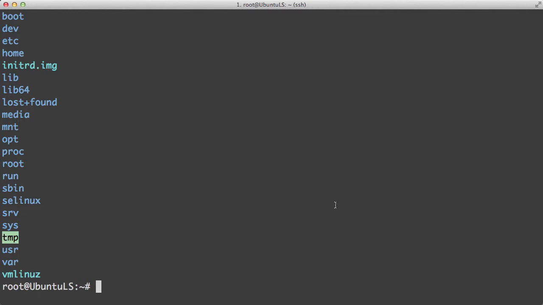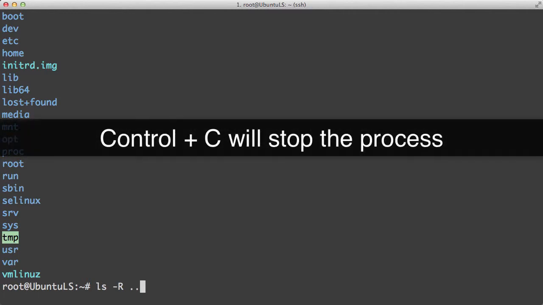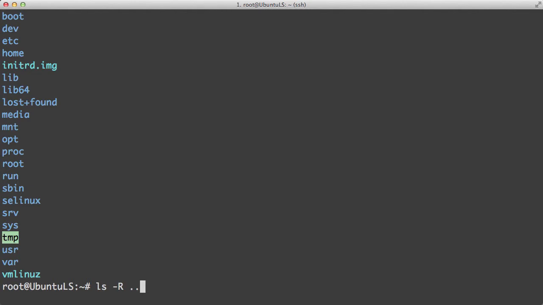Now let's say that we no longer want to just see the directory names, we want to see everything under it. So how do we do that? Well, we can use the recursive option with the ls command, and I'll use ls -R for recursive, and I'll press space, and then use it for the parent directory. Once I run this, I'm going to press Control-C because it's just going to start listing everything out within these directories, and I just want to show you it as an example. So I'll press enter,